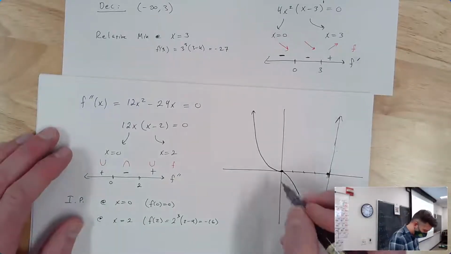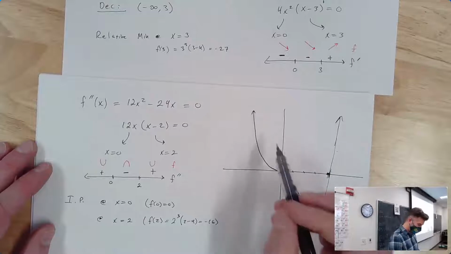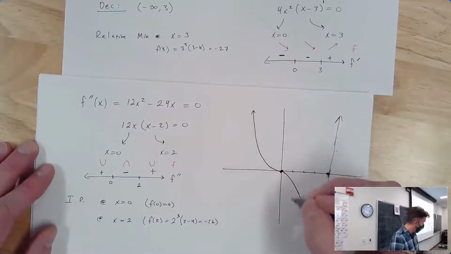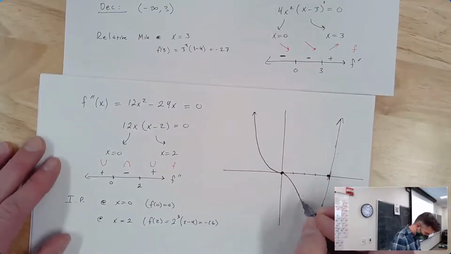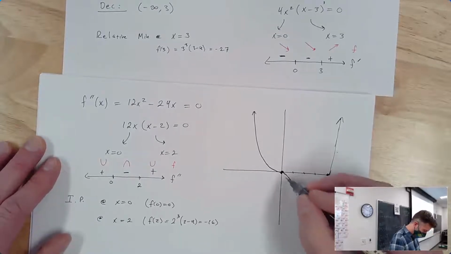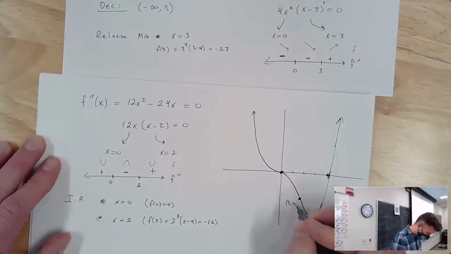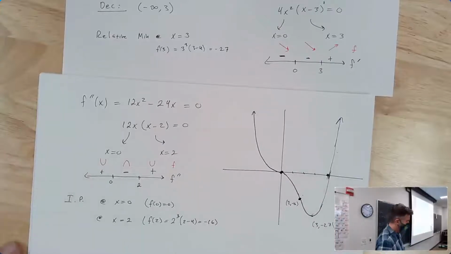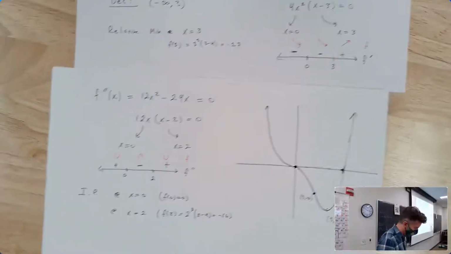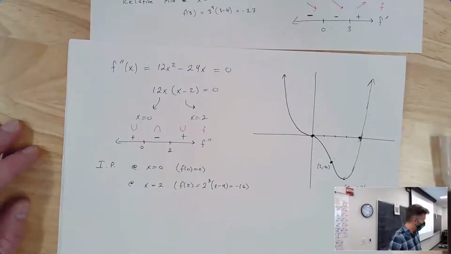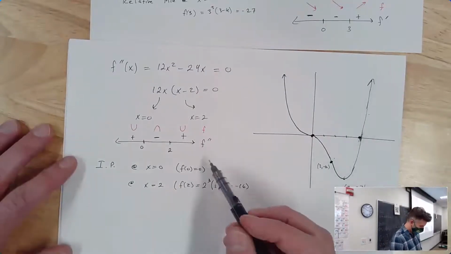I have an inflection point at 0. The function goes from being concave up to concave down. And then I have an inflection point at 2, negative 16. The function goes from concave down to concave up. Another way to think about where the concavity changes is where the first derivative, well, so here's something I think